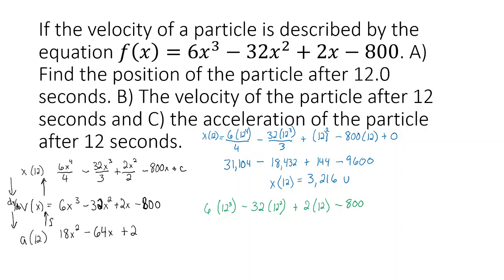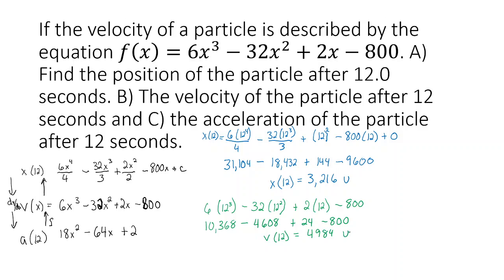So 12 cubed is 1,728 times 6 is 10,368 minus 144 times 32, which is 4,608 plus 24 minus 800. So 10,368 minus 4,608 plus 24 minus 800 gives me a velocity at 12 seconds of